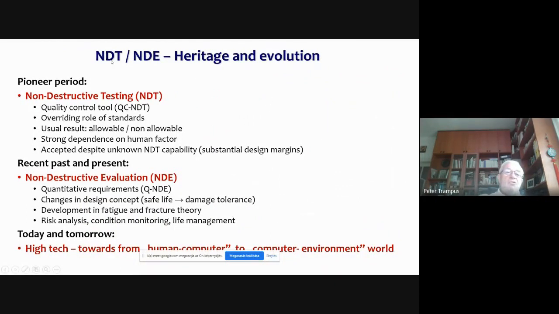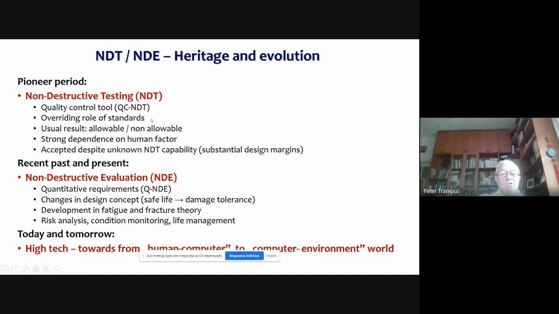This is how the NDT formulated or went to the NDE. In the pioneer period, in the past, we called it non-destructive testing, or we still call it non-destructive testing. I told you before, it's a quality control tool.